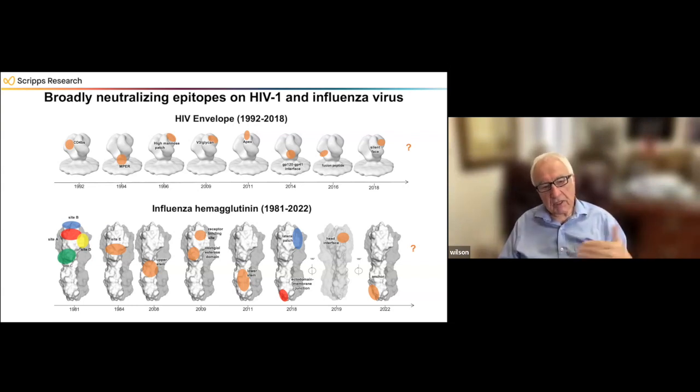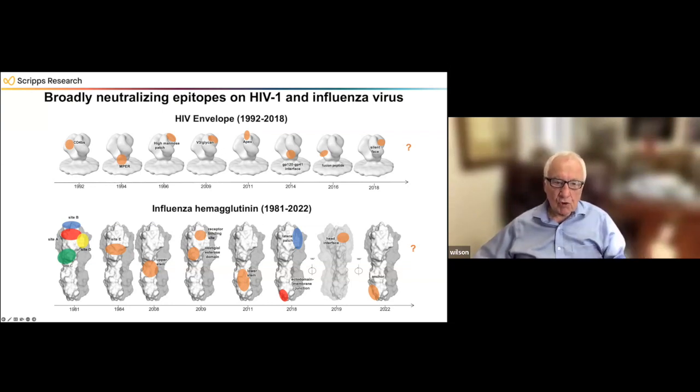The ability to do that enabled us to produce far more human antibodies against particular targets that we knew the specificity and the sequence for. You can see that rapidly some other epitopes started to appear. Even up until last year, new epitopes have been found. So this discovery process is quite long.